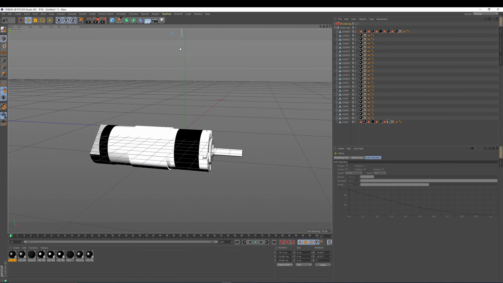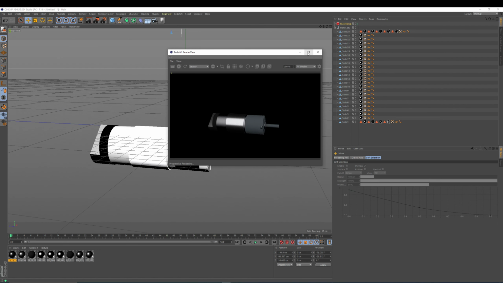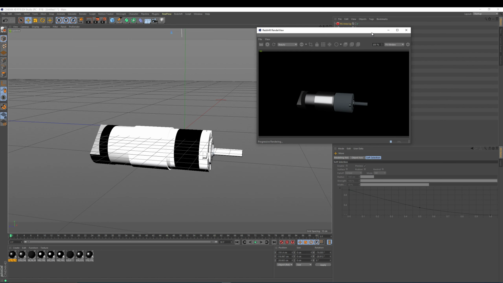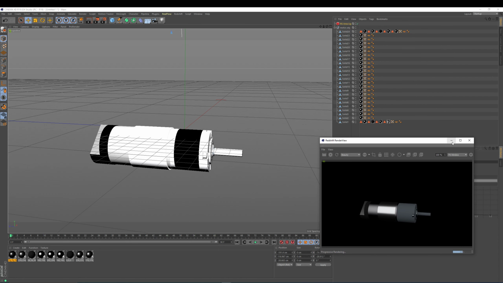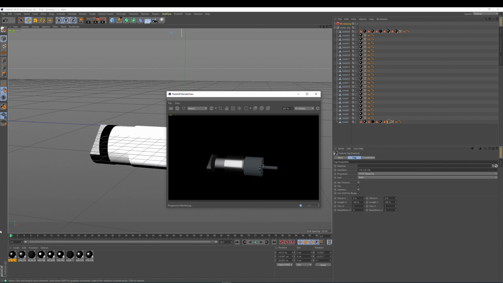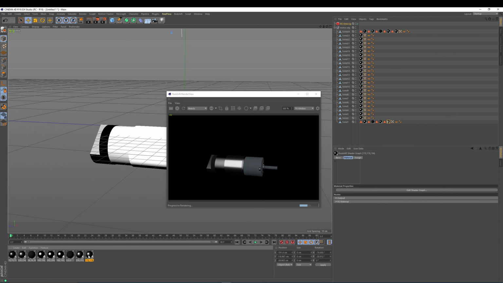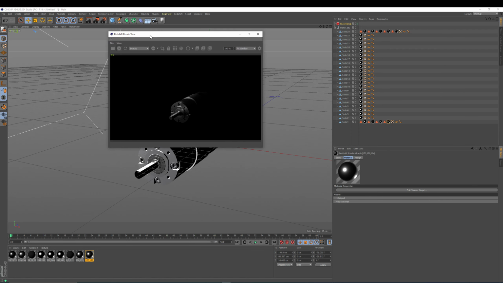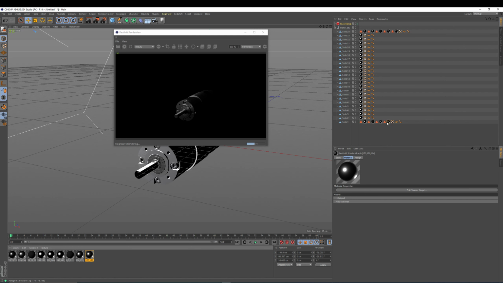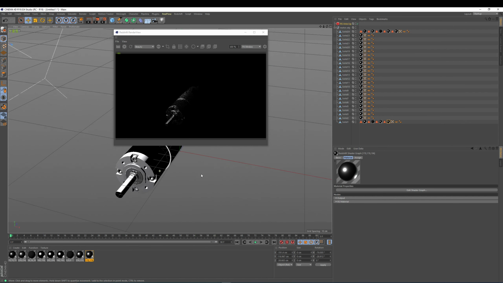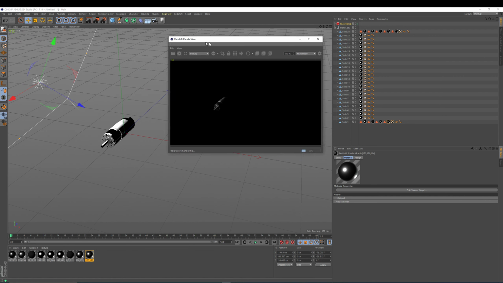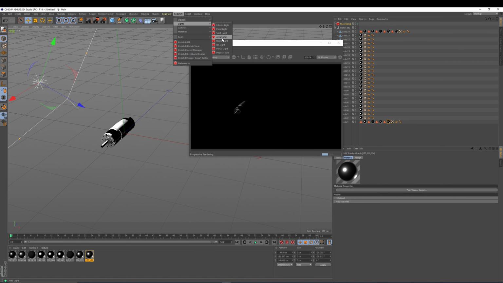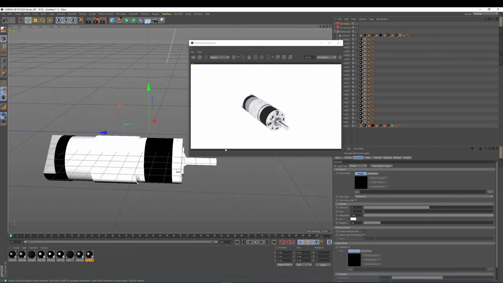Okay. And then render view. Oh, I think this material isn't applied. Yes, that's much better. When I deleted the material, it deleted its spot here. Okay, just use a dome light. Yeah, but you can see that it's